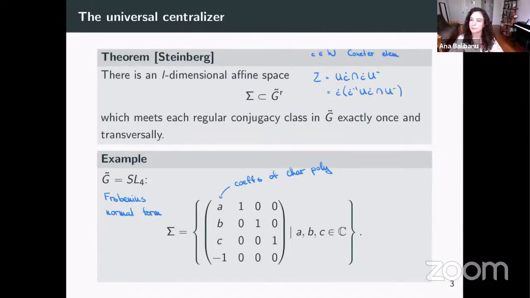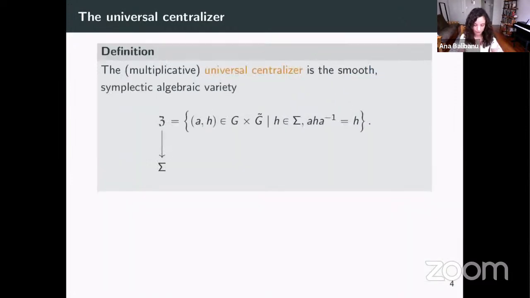And now you can also see what I claimed about the dimension, because the dimension of this intersection is exactly the length of the Weil group element C. And if C is a Coxeter element, then this length is exactly equal to the rank. Okay, so now we define the multiplicative universal centralizer to be the set of pairs